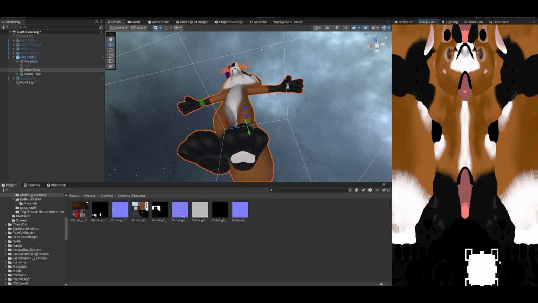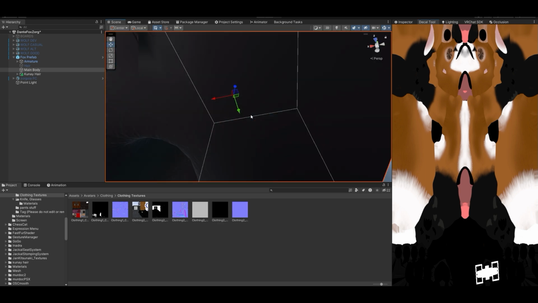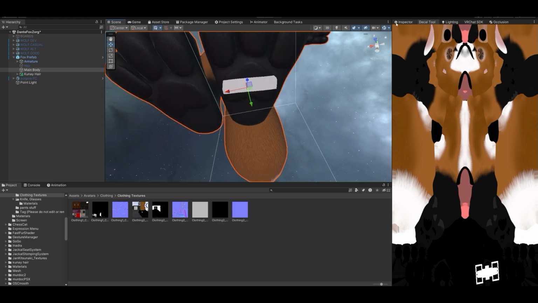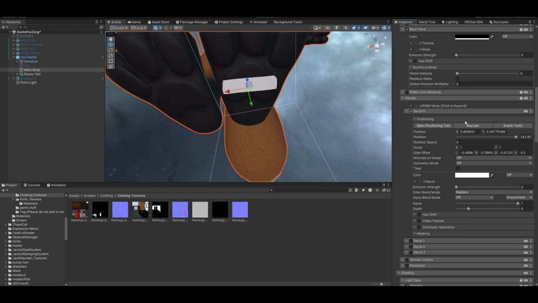So how can we... What happens? Ah, we need a very, very tiny spot. Even tinier. Kinda like that. We can even rotate it. But the positioning is so bad. So this area is now where it should be. And the decal